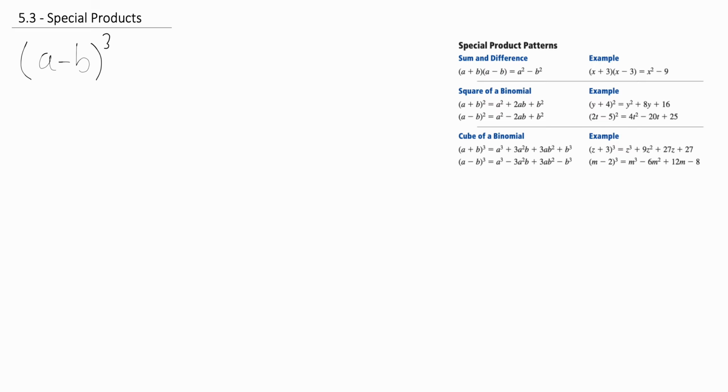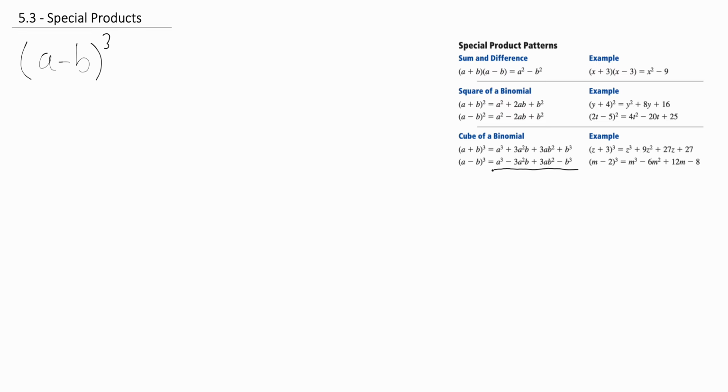There's no efficiency advantage to memorizing the special products for these binomials. There's no necessity to memorize them because you can still create them on your own with what you know about multiplication. So take, for example, a minus b to the third power. While you could take the time to memorize the format, and we will look at an example to see how it works,